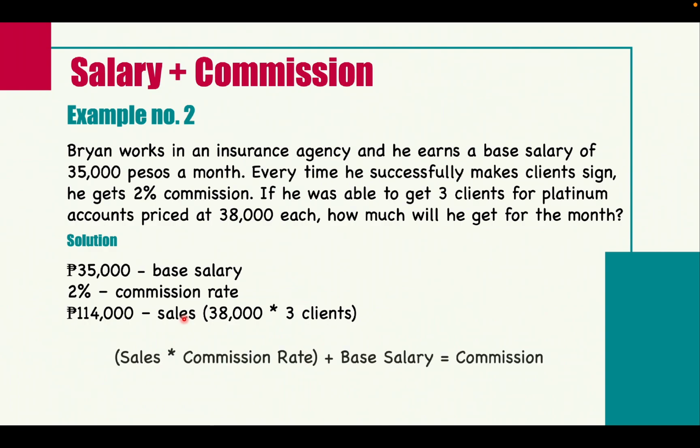Okay. So, ganun ulit, we will multiply the sales, 114,000 times the commission rate na 2%, plus the base salary, 35,000. Pag tinype ito sa inyong calculator, it will appear as the same. Kahit na sunod-sunod lang. Halimbawa, 114,000 times 0.02 plus 35,000. You will still get the right answer. So, according here, 114,000 times 0.02, that is 2,280 pesos plus 35,000 base salary, meaning Brian will get 37,280 pesos